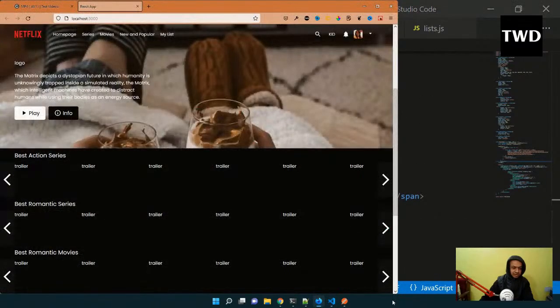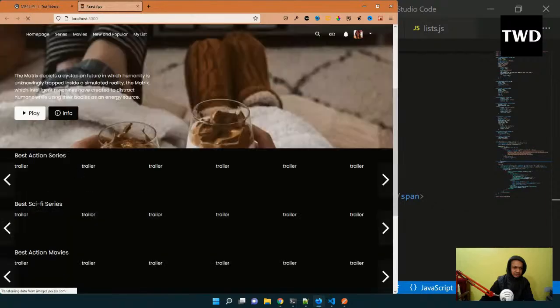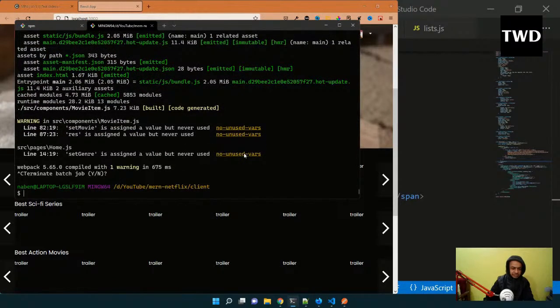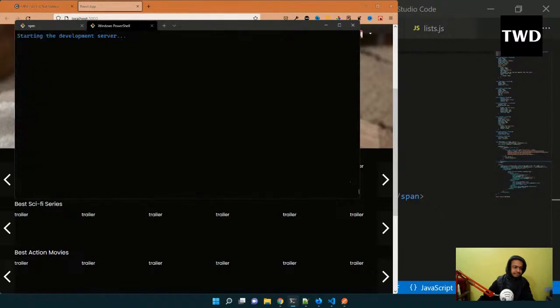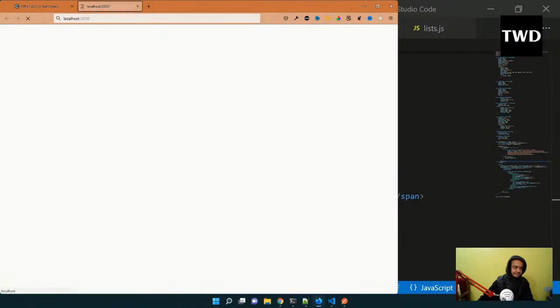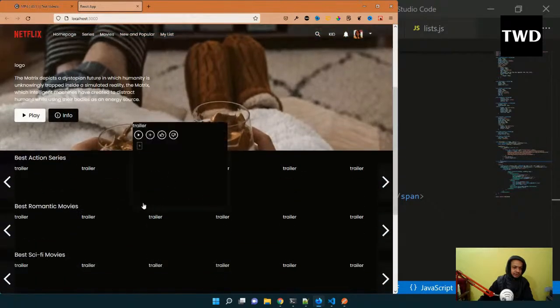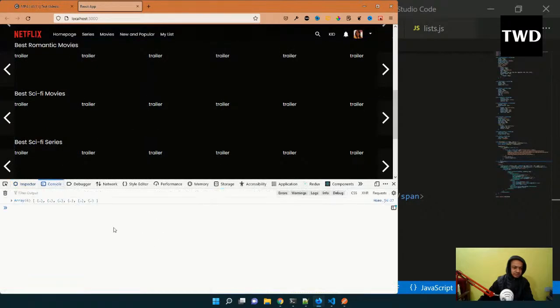So if I go back, nothing is coming. Refresh it once, or maybe, sometimes it happens like this. Okay, it's not coming, so let us check the error. Inspect console, an array is coming. Okay, the array is coming here, but